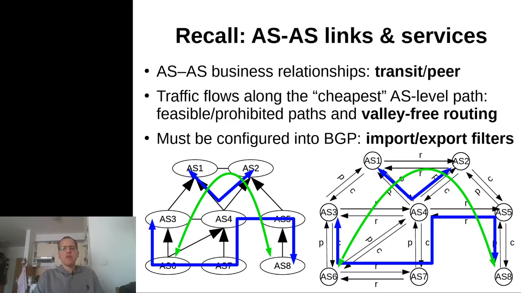Namely, the types of business relationships that can exist between 2 autonomous systems is the main reason why autonomous systems